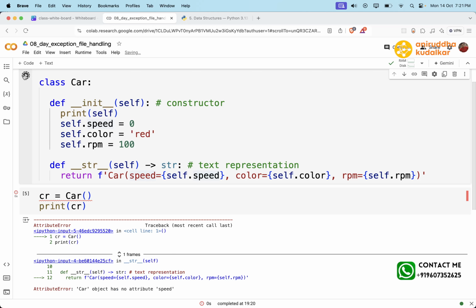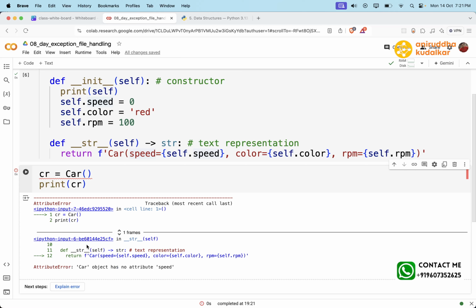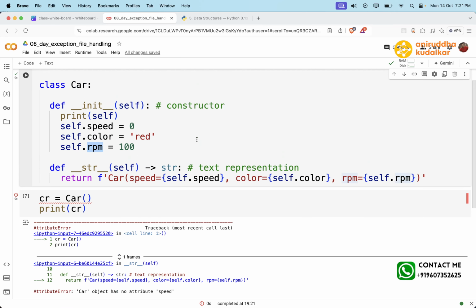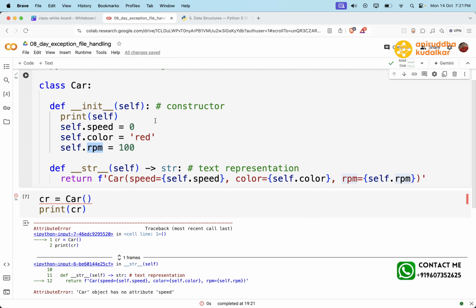Okay, rerun it. Speed, color is nothing but this color, this rpm is nothing but this rpm. So here we are trying to